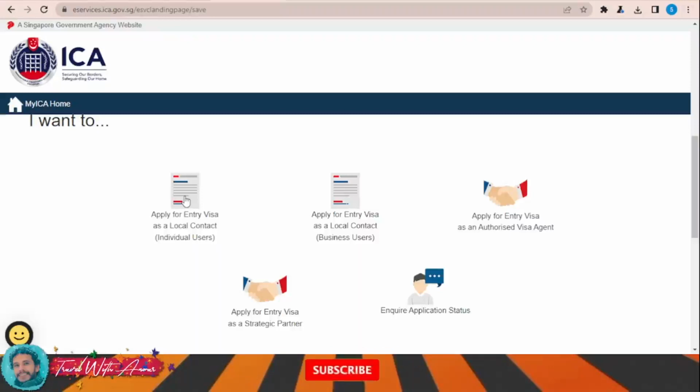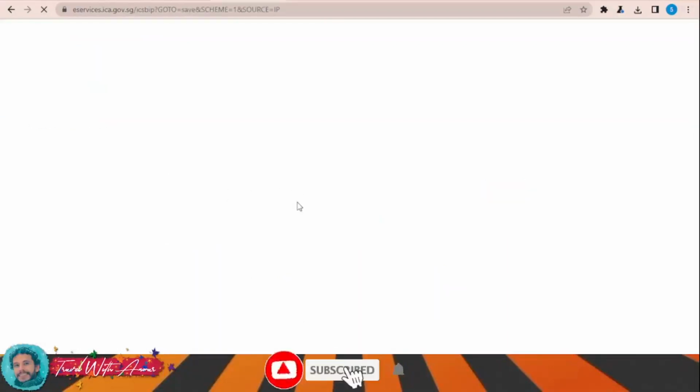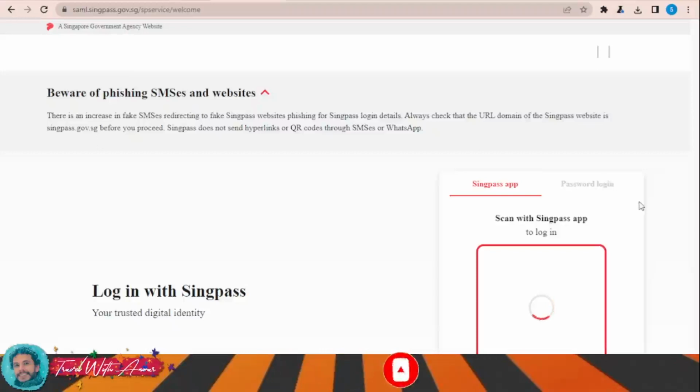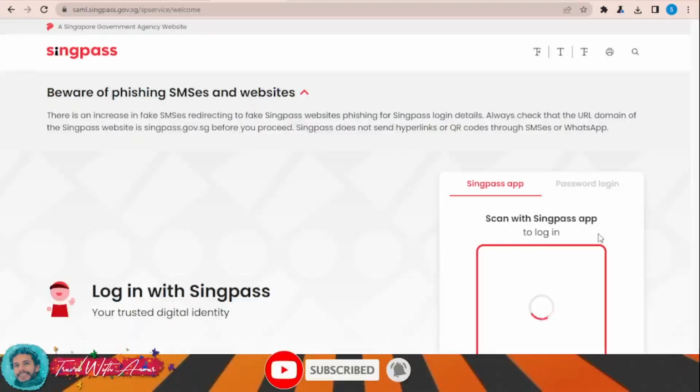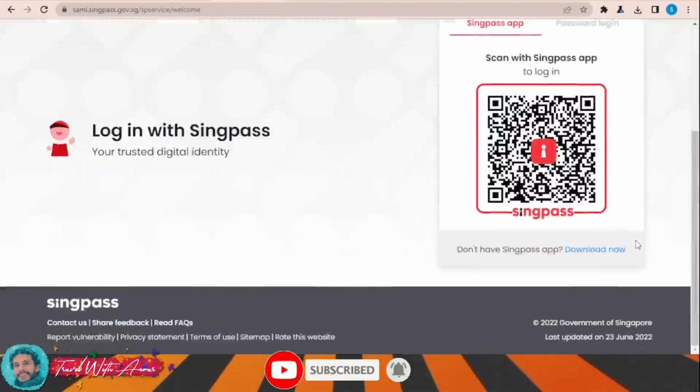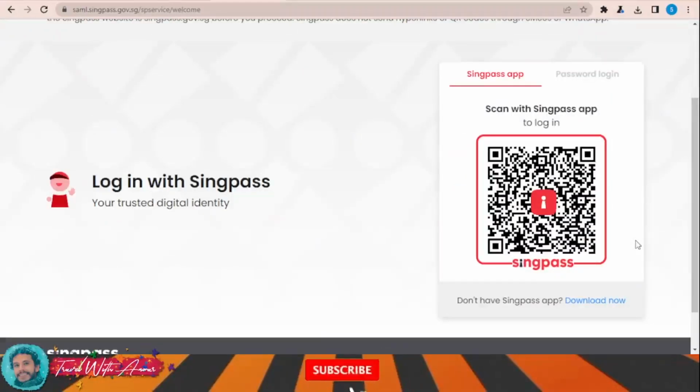A local person inside Singapore should apply for you, if the application will be submitted online. He will just click over this link over here. And using his SingPass application, he will log into this website,